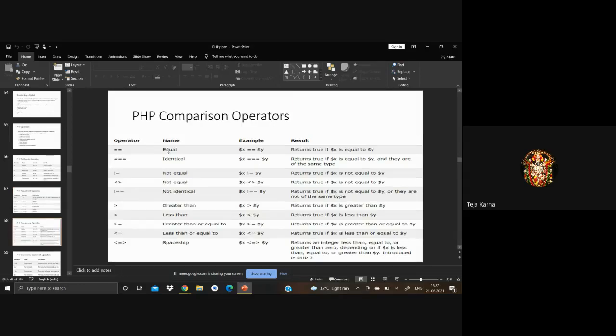Now what is double equal to? It checks whether the values of x and y are equal or not. It returns true if $x is equal to $y. What is triple equal to? It returns true if $x is equal to $y and they are of the same type. Now if I have $x with the value 5.0 and $y equal to 5, that means $x is a float value and $y is an integer value. But